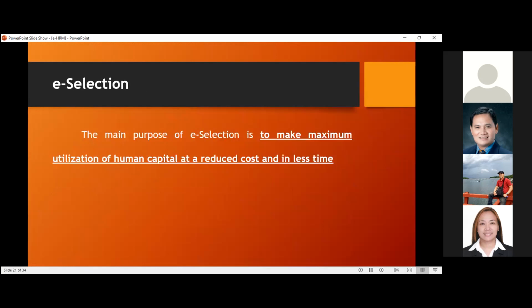e-selection. The main purpose of e-selection is to make maximum utilization of human capital at a reduced